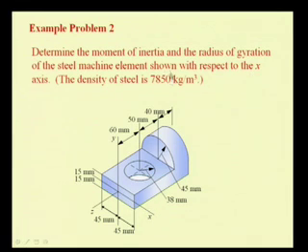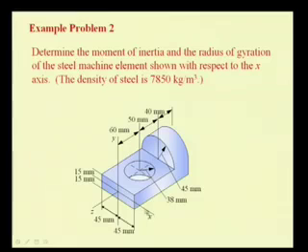The density of the material is given. So, how do we go about it? First, we have to determine the second moment of the mass of this entire machine element with respect to the given axis. We have to compute obviously the mass of the element,